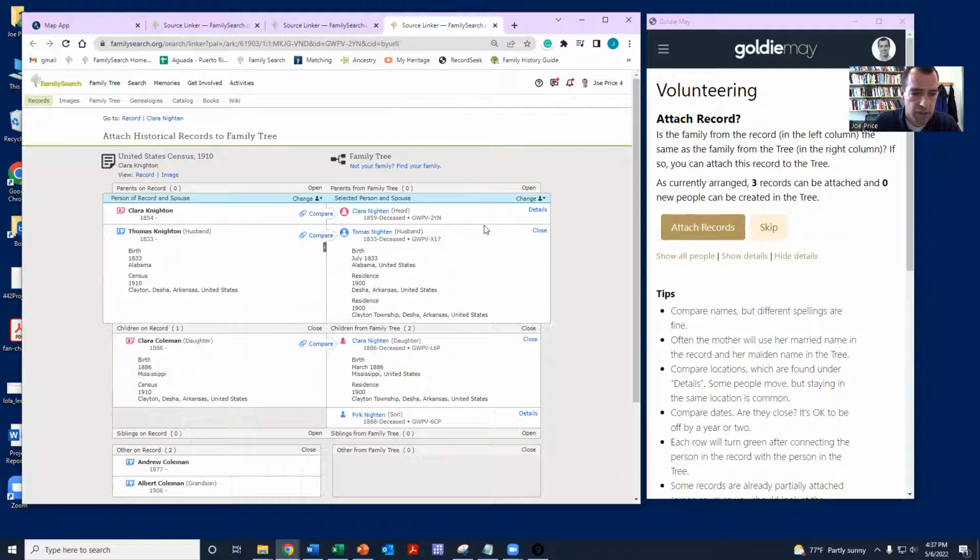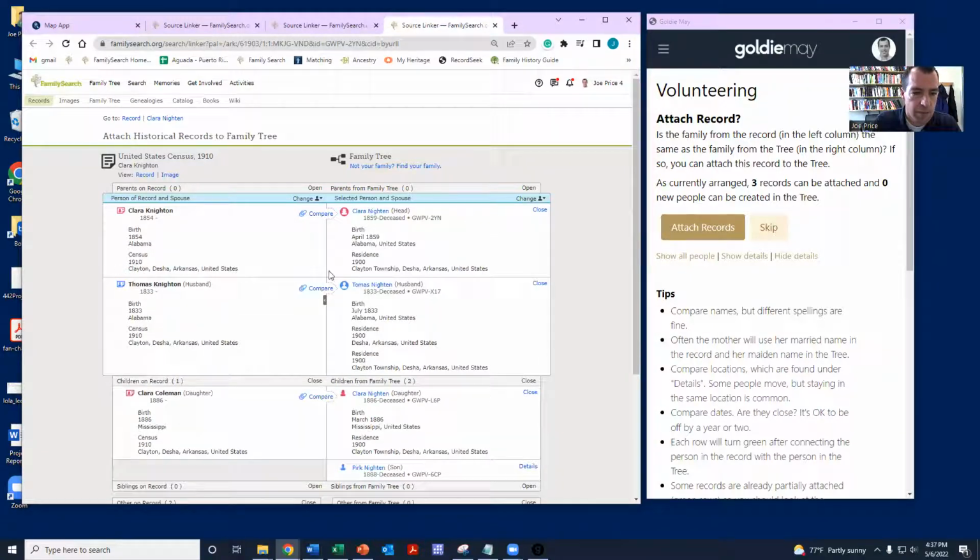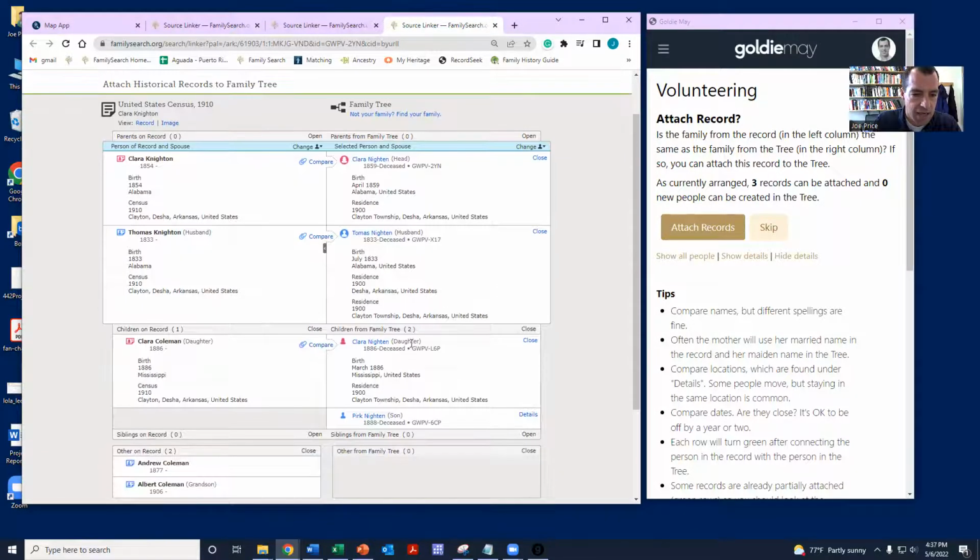In this case, this looks like a really good match. And the thing that we want to emphasize with people is to look for the unique information that's lining up really well. So you can see Clayton Disha, this is lining up really well. This is lining up really well. And then you can see that even though the birth year is off by 5 years, because the other people are lining up so well, we're okay with that little bit of